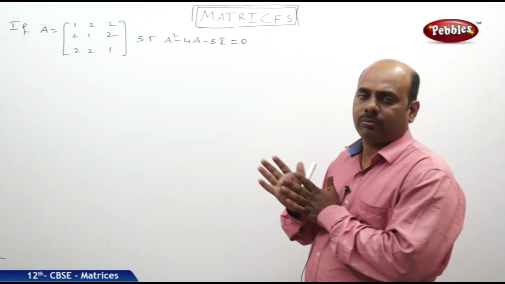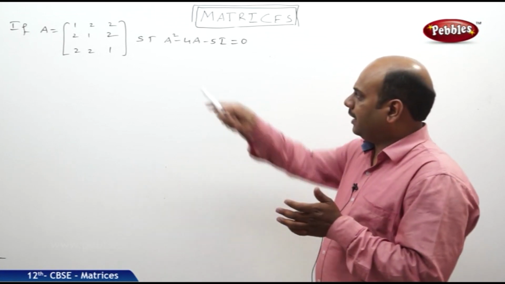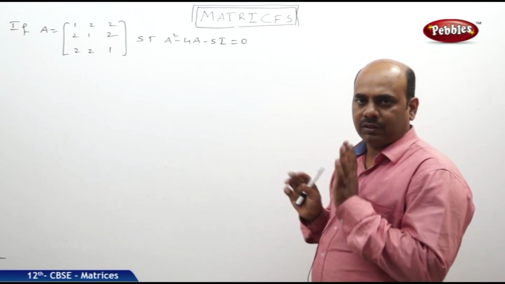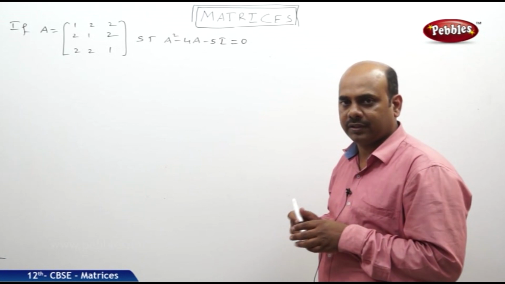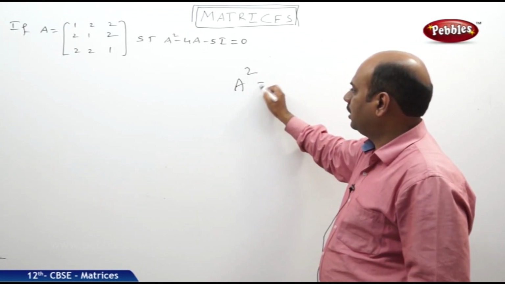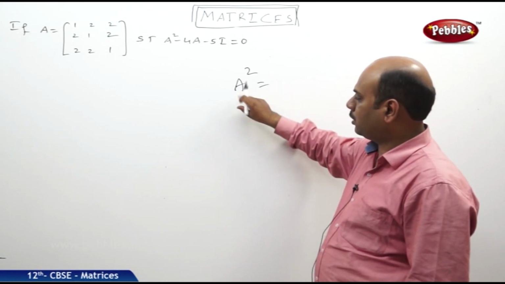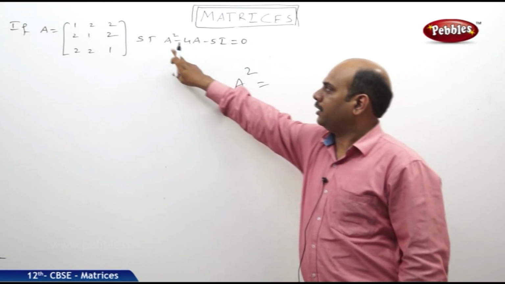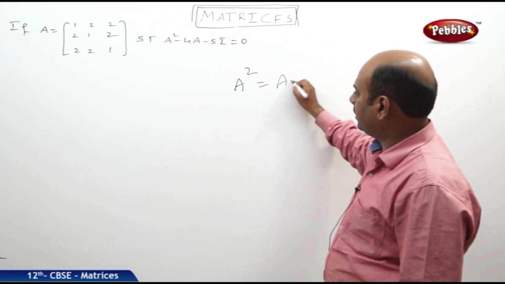This kind of problem is known as problems based on matrix polynomials. A capital A will be given, one matrix, and we need to show that this particular thing is equal to this particular thing. Here sometimes you might come across a new kind of polynomial. In that polynomial, if you take this term, it is A square. What is the meaning of A square?